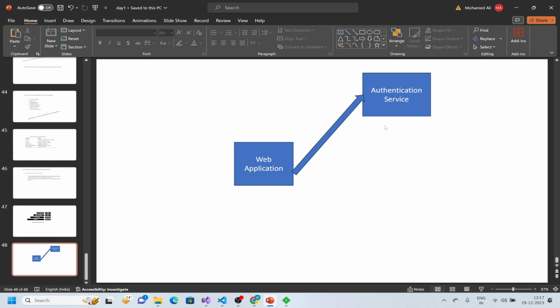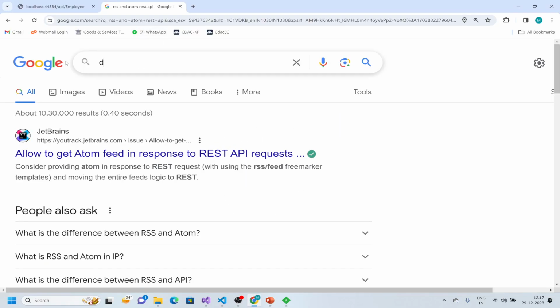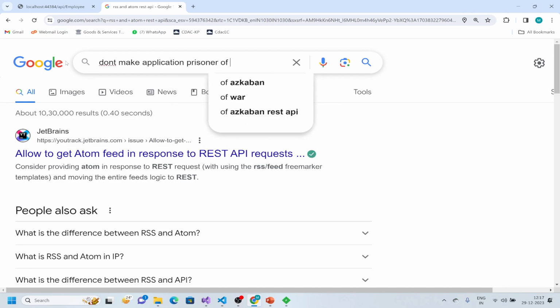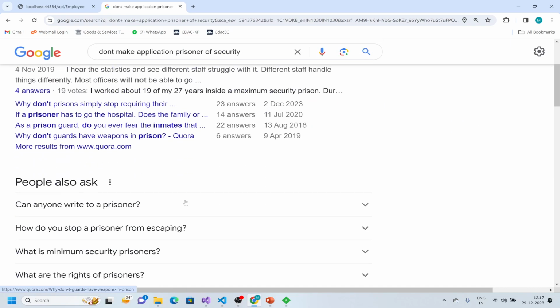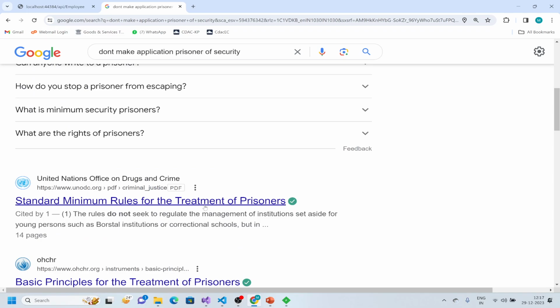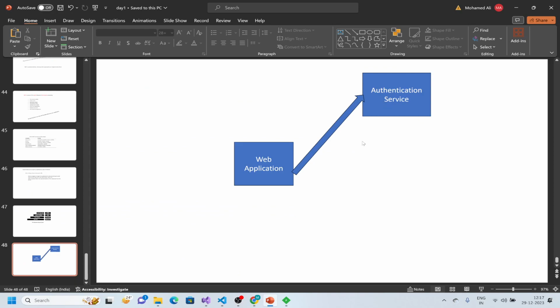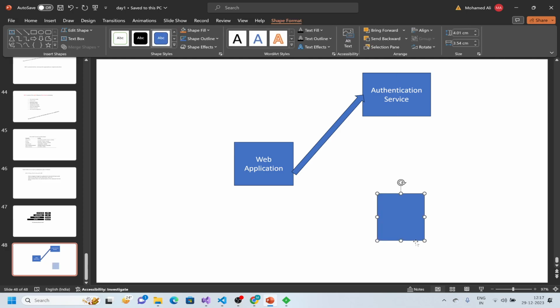Getting it right? Okay, so don't make your application a prisoner of security. There is one rule: don't make your application a prisoner of security. There's a standard rule. Authentication service, so don't have all the code written here. This should give you only the view, what is required, and the data you want to supply